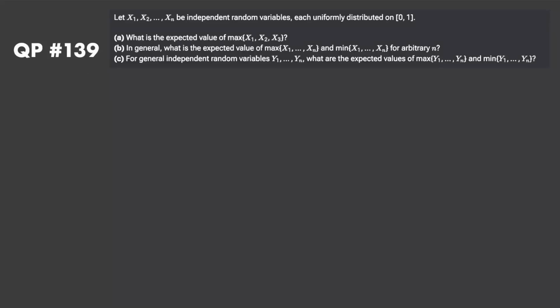We're doing some order stats now, so let x1 all the way up to xn be independent random variables, each uniformly distributed between 0 and 1. So part A, what is the expected value of the maximum of just 3 of these random variables, x1, x2,